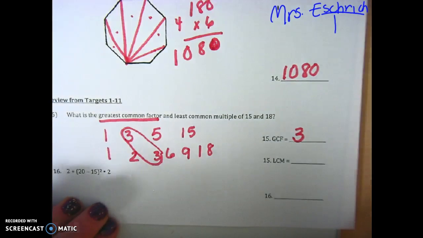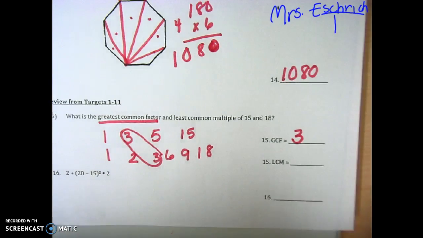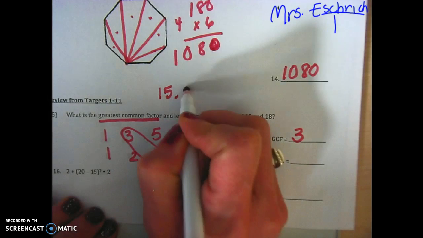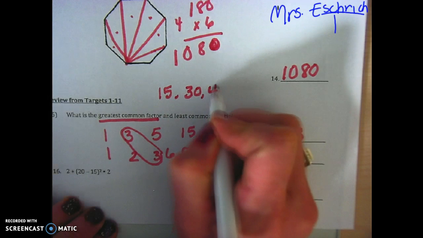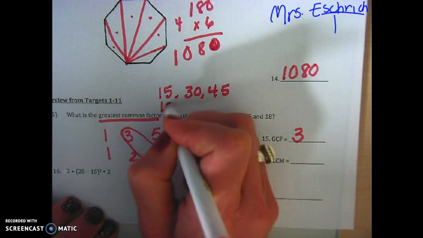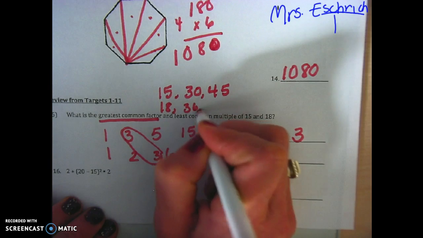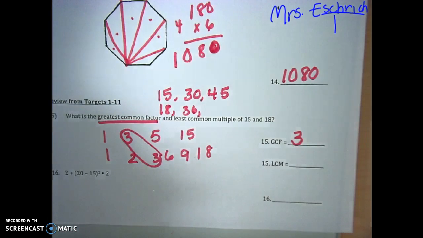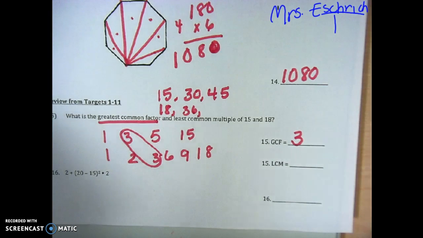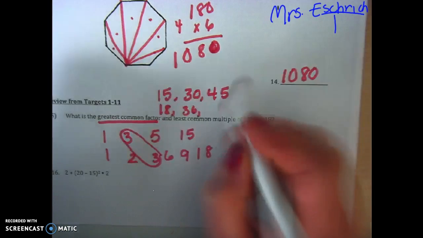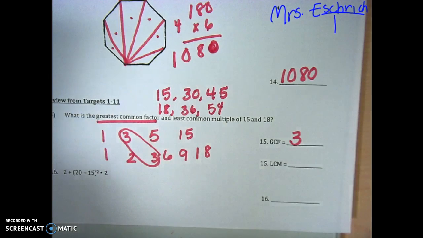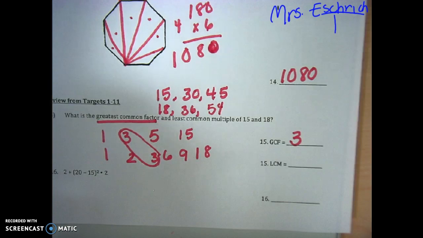Okay. Multiples, we get a fresh start, I'm going to just do it down here. We're going to go 15, 30, 45, and stop like I tell you to. 18, 36, add another 18. 18 times 3 equals 54. 18 times 4 equals